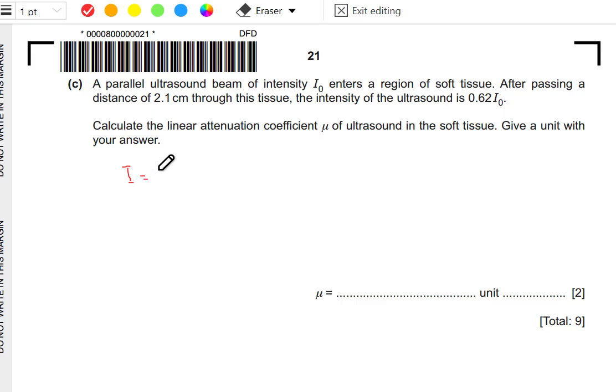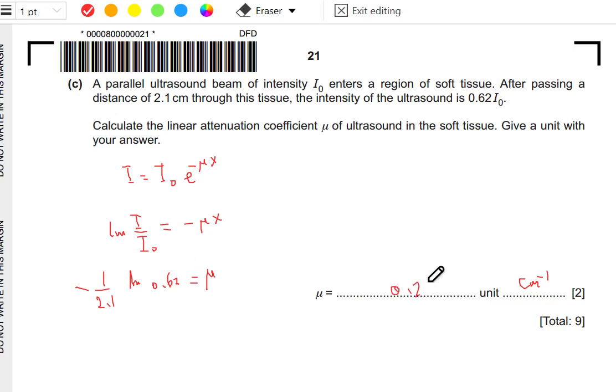We have I equals I naught e to the power minus mu x. So we have ln(I over I naught) equal to minus mu x. So we have mu equal minus 1 over 2.1. I'll leave it in centimeter because I want the unit to be centimeter minus 1. And the ln here will be ln of 0.62. The answer will be